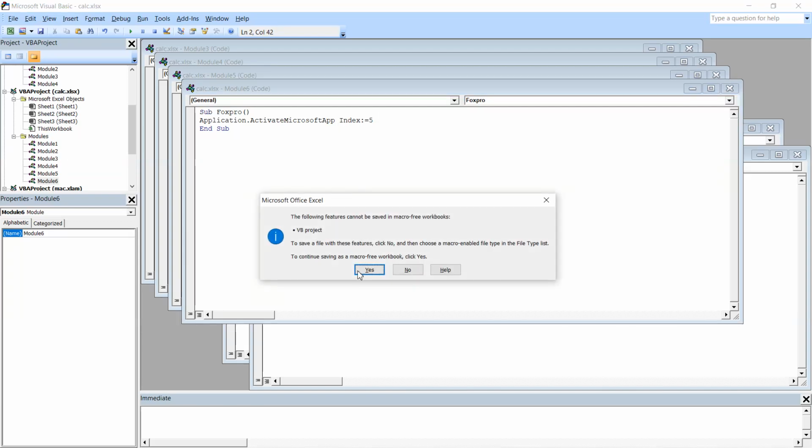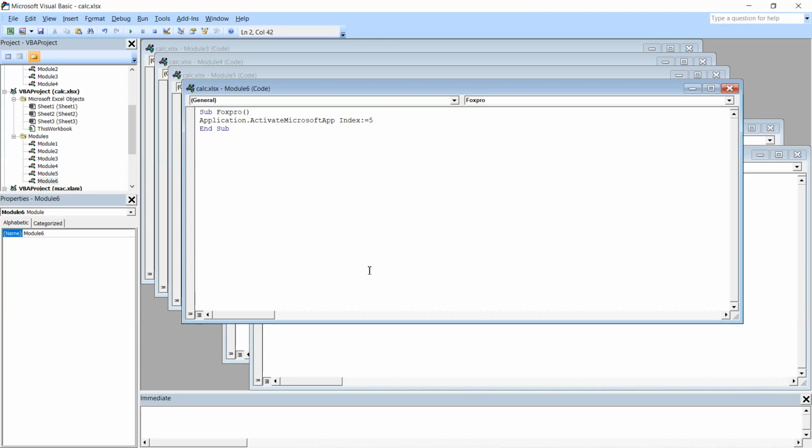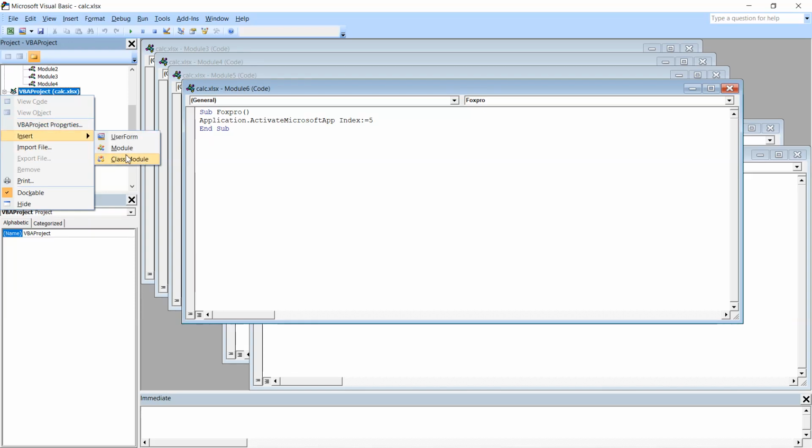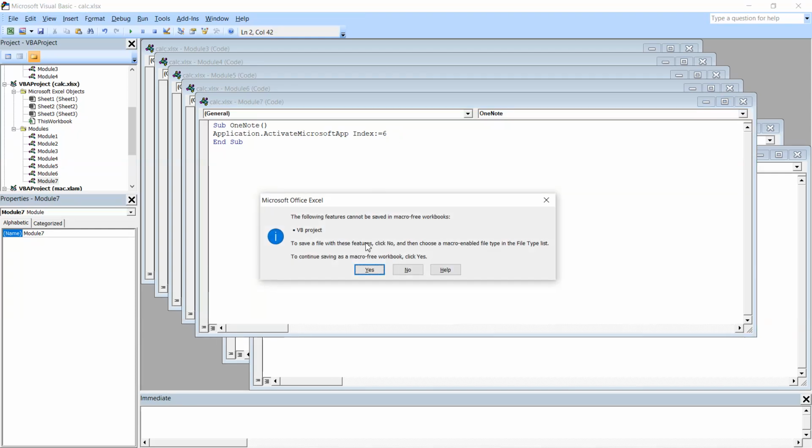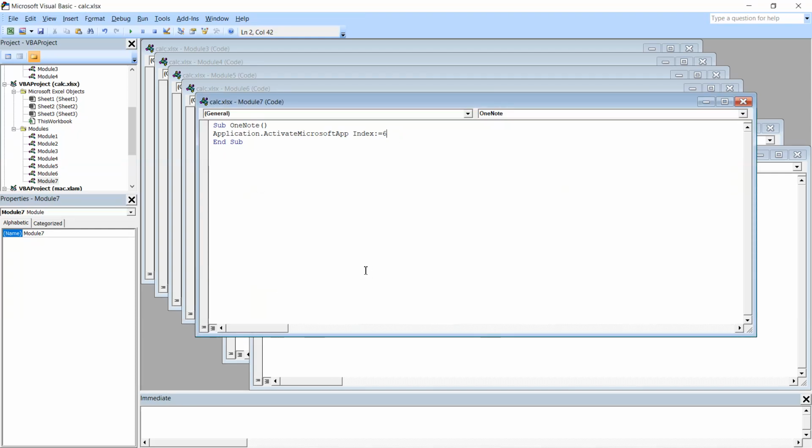Let me press Ctrl S, and for OneNote it's 6. Fine. So for OneNote, its index is 6. Let me press Ctrl S. So now that I have written all of my VBA codes, I will